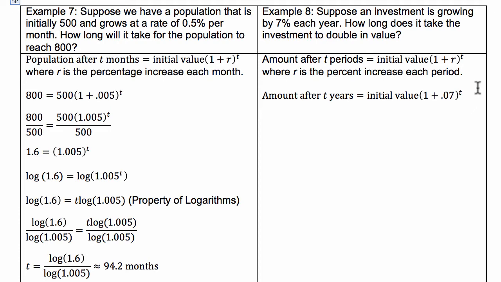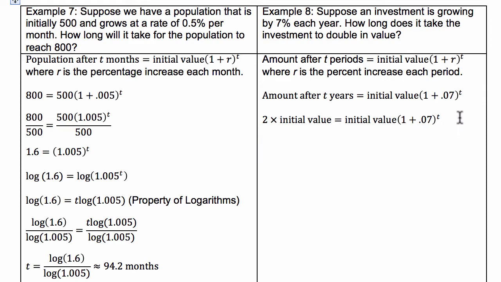power. We are not given the initial value, yet we want to know how long it will take for the initial value to double in value. This means the amount we're interested in is 2 times whatever the initial value is. When we put that into our formula, we get 2 times initial value equals initial value times (1 plus 0.07)